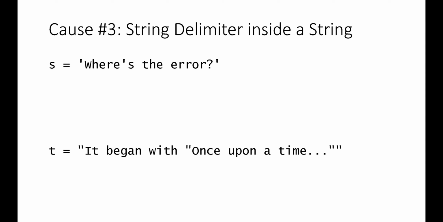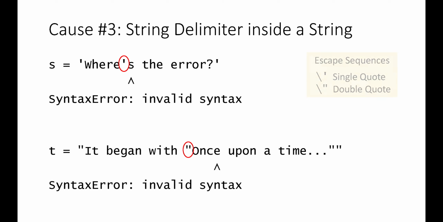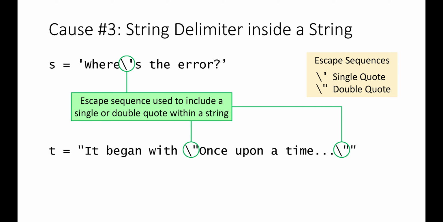Literal strings in Python can be enclosed in single quotes or double quotes. Including a single quote within a string enclosed by single quotes is a syntax error, as is including a double quote within a string enclosed by double quotes. Yet there are times when it's necessary to include these characters within a string. When this need arises, one can represent the single or double quote using a two-character combination referred to as an escape sequence. The escape sequence consists of a backslash followed by the character to include in the string. The leading backslash tells Python to include the character in the string instead of viewing it as an enclosure character for the string, and this eliminates the syntax error.